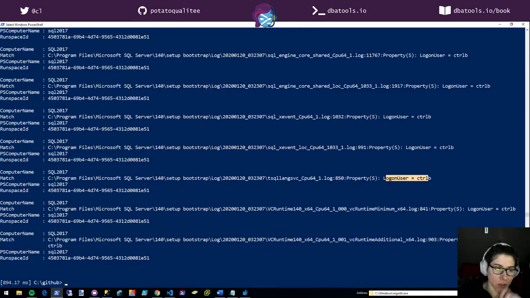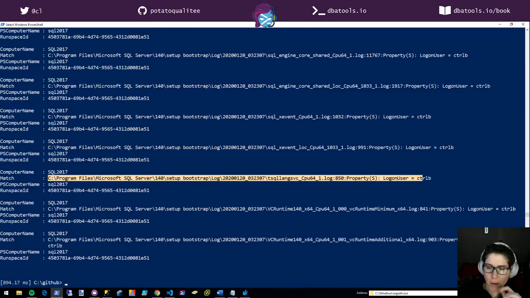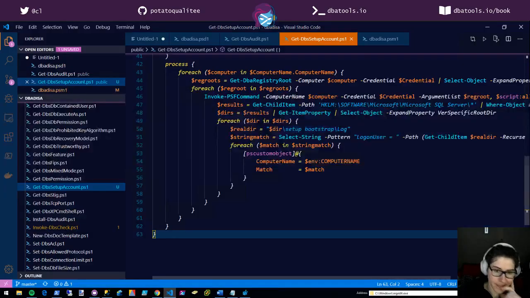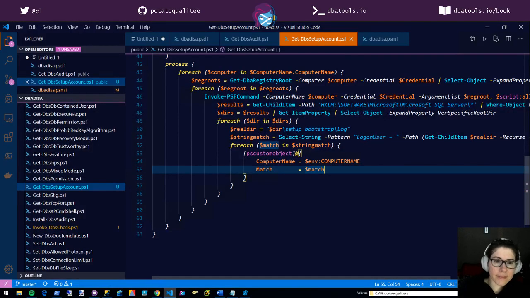What I would like to do to make it even more visible is I want to parse this. Is this match? Hey, does anybody on the stream know some regex? I don't know regex.